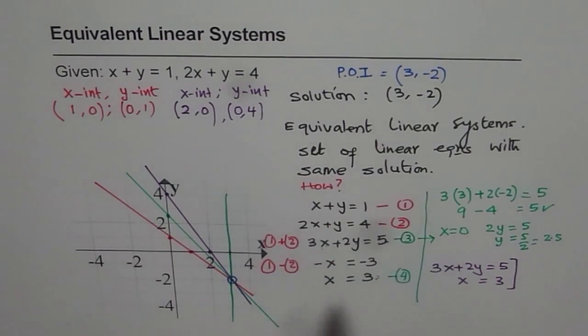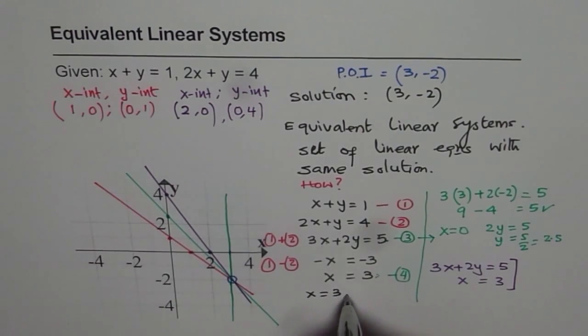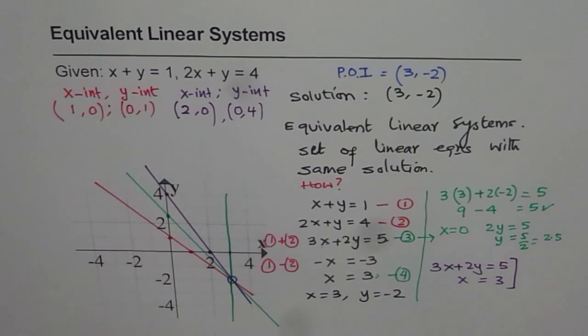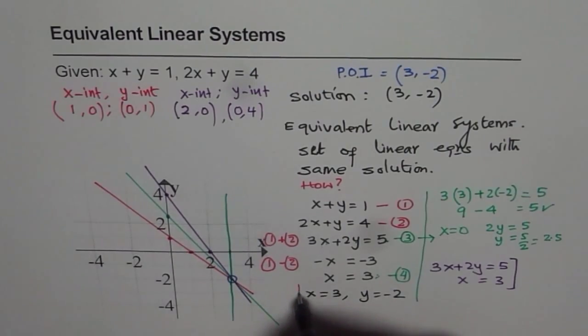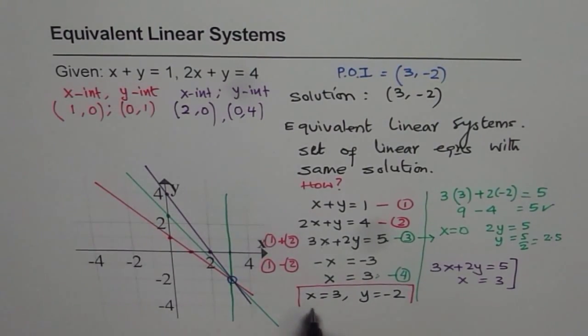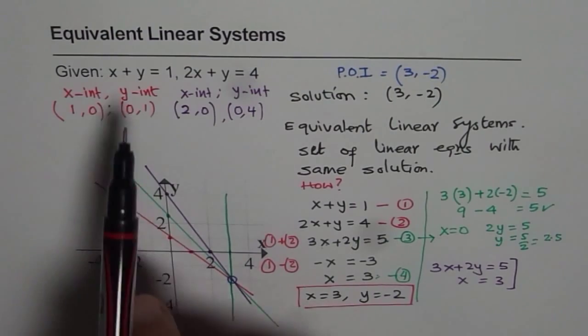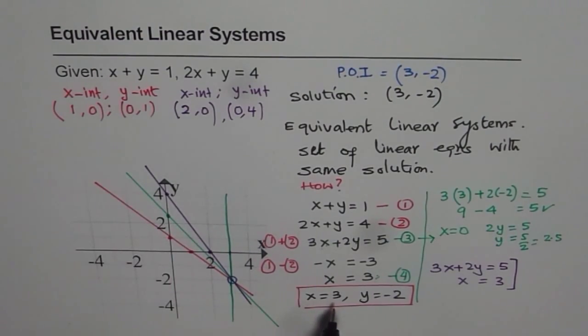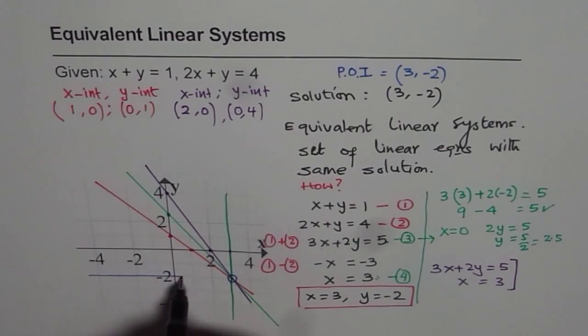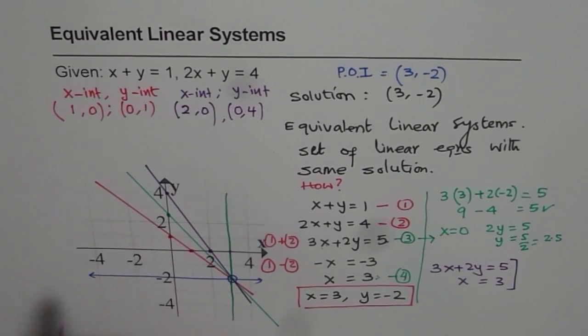It will be x equals 3 and y equals minus 2. That is the simplest form of an equivalent linear system for the given system. x equals 3 is the vertical line which we already have, and now I can sketch y equals minus 2 for you, which will be this line, correct? As you can see, it also passes through the same point of intersection where the original linear system passes through,